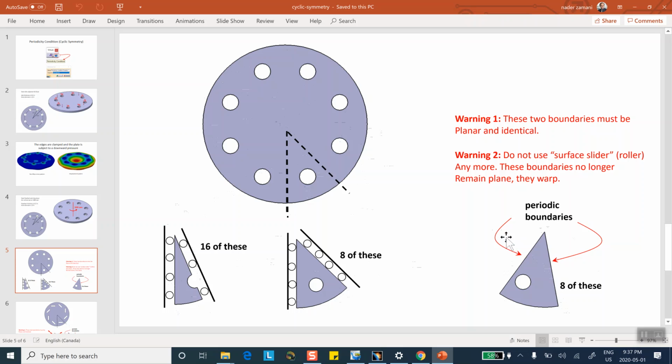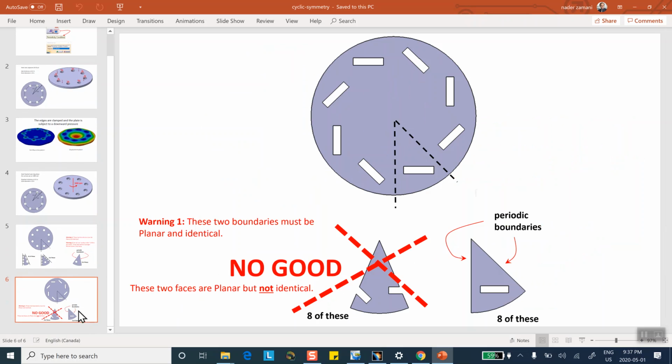Now there are two warnings here. Don't use surface sliders here, because that doesn't apply. However, these edges also must be identical as far as the size is concerned and as far as the topology is concerned. All right. So, for example, if you go to this problem, which is again 8 cutouts instead of